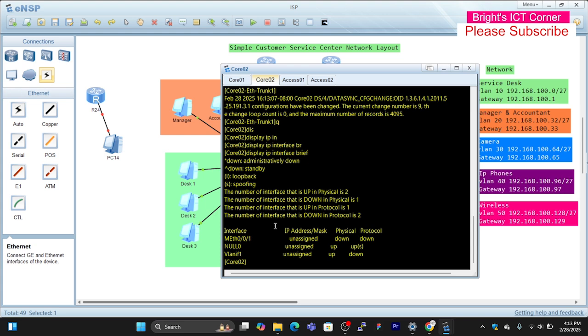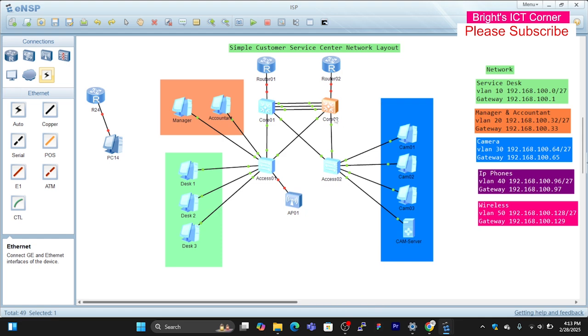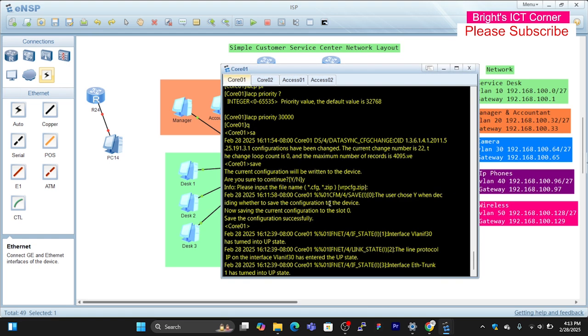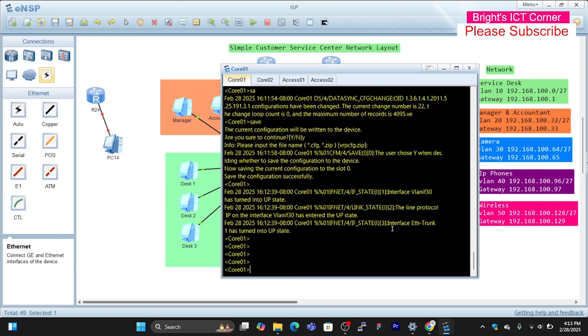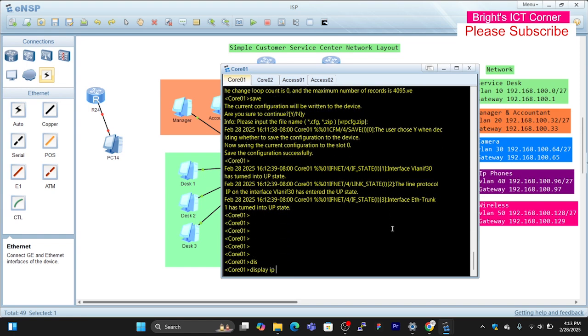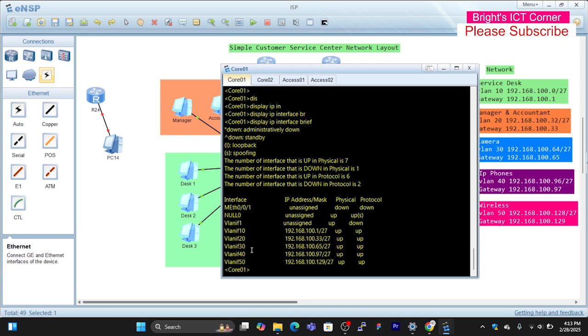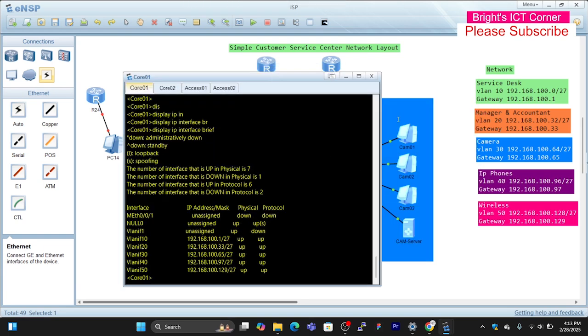It's not having layer 3 interfaces configured. So to test that, I can simply configure that. As you know, we have our gateway here for the camera network, right? Display IP interface brief. So as you know, this is our camera network on switch 2 and switch 1 here,